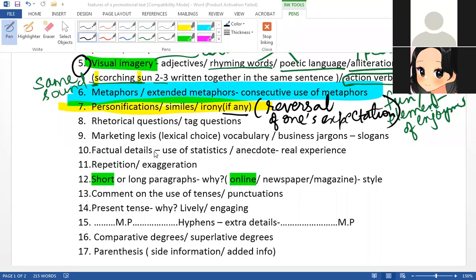Rhetorical questions. What do we mean by rhetorical questions and tag questions? A rhetorical question is used because I need to talk to my audience. I need to connect with them. So if I say, "Don't you want to miss this opportunity, which is worth a lifetime?" that is a rhetorical question, which makes you reflect that I don't want to miss out. It could be a flight,